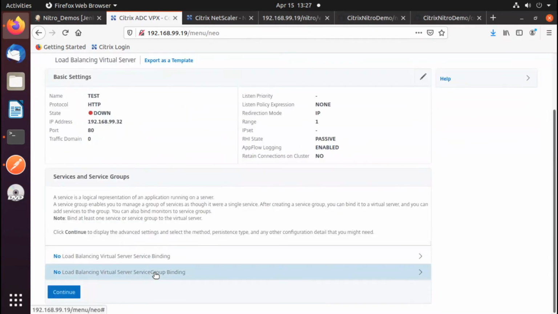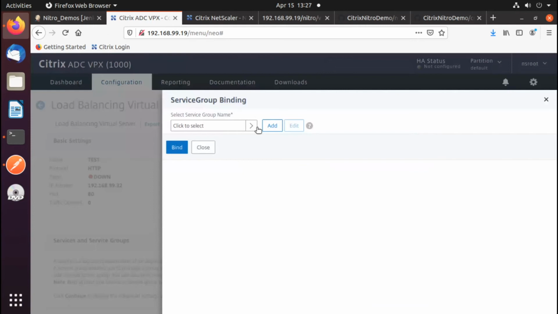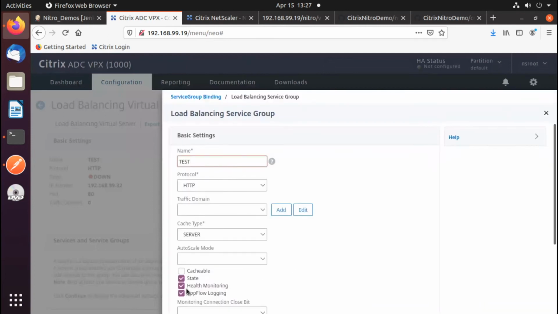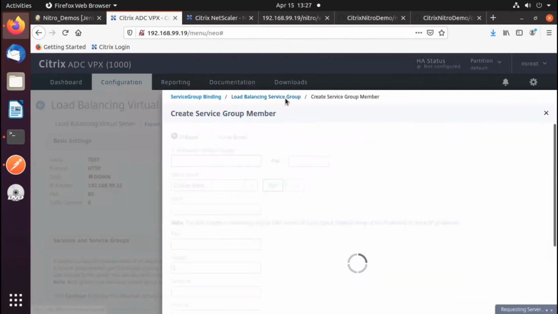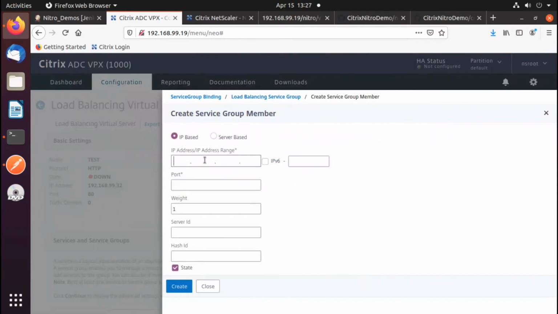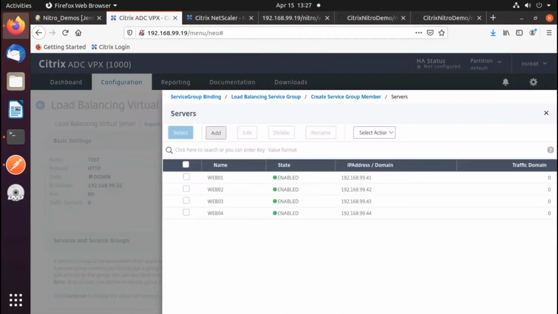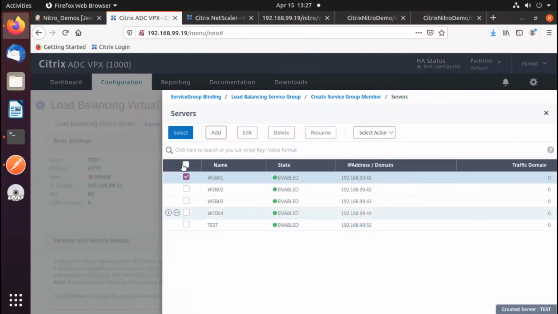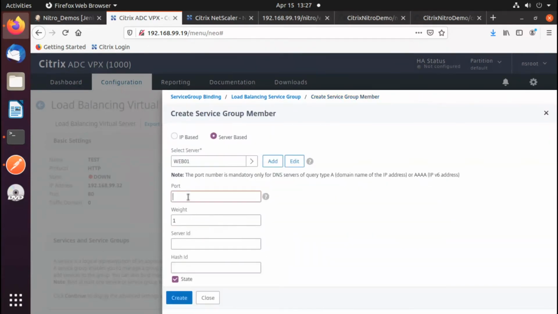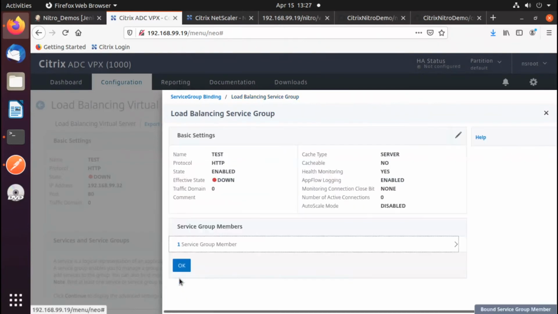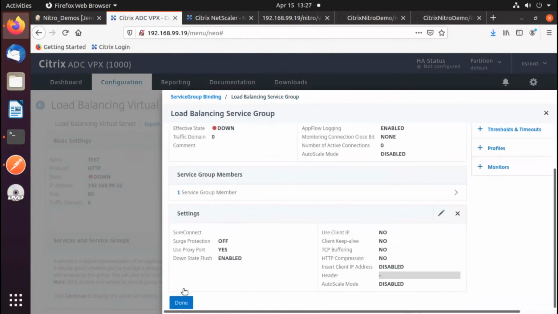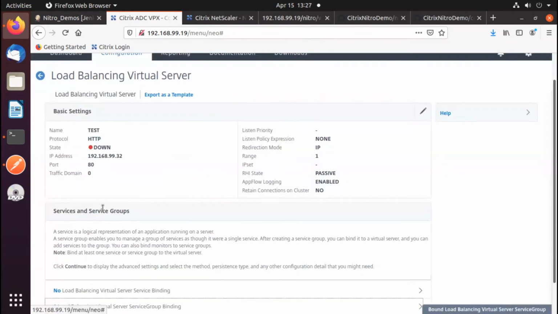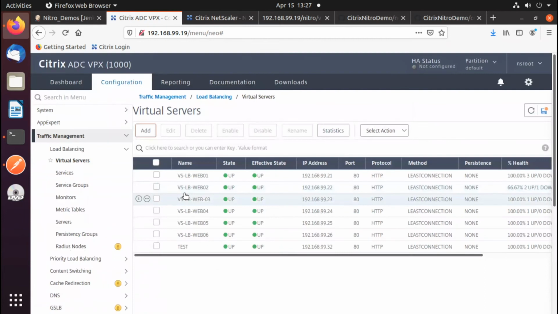Next, in the workflow, we need to create the service group. So let's create the service group, and call that one test as well. And then finally, we need to create our backend server. So I'll do server-based. We need to give it a port, so port 80. Okay, and then bind everything together. Okay, so the process is done, but it did take a little bit,